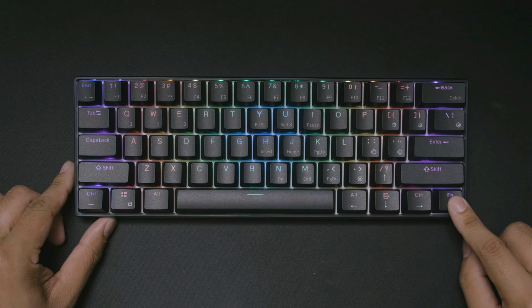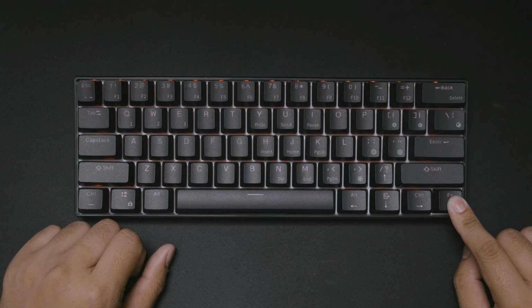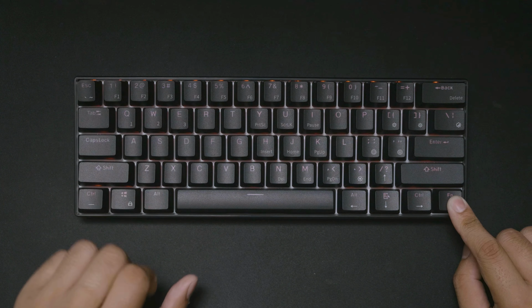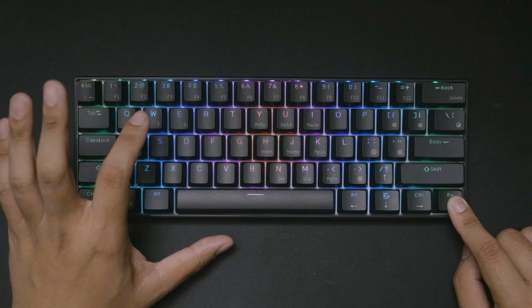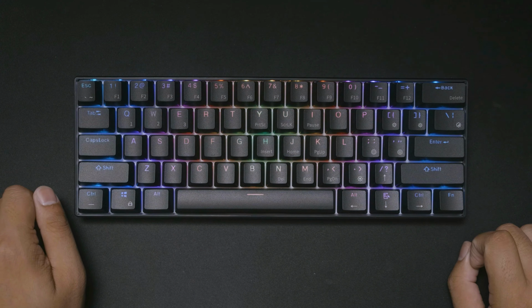Speaking of wireless, it can connect to up to 3 different devices via Bluetooth. You can switch devices quickly by holding FN and pressing Q, W, or E, the 3 of which are marked with 1, 2, 3 so you know which is which. To pair, all you gotta do is hold FN and one of the letters until it starts flashing, and then